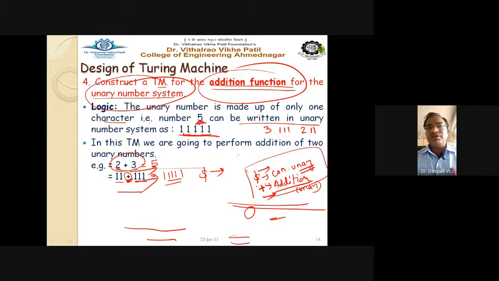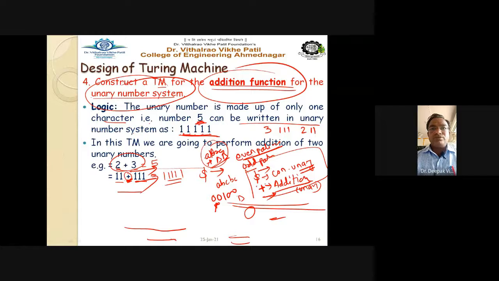The earlier examples we have seen are the even palindrome string and the odd palindrome string. In even palindrome string, what exactly is the logic? Even palindrome means AB, BA. So we are making this A a star, and the corresponding A we are making a capital delta. If B is a star, the corresponding B becomes capital delta. In this way we are identifying that the string is an even palindrome. In case of odd palindrome, suppose ABCBA is there, or the example we have seen here, 00100. We are also making this a star, and the corresponding 0 we are making a capital delta. This is the way we are applying the logic.